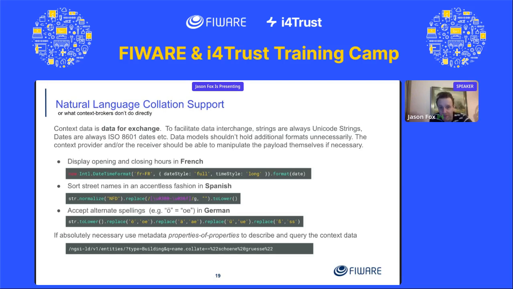Now, this means that it's a lot more difficult to actually get hold of certain bits of information if you are not a computer. It's designed for data exchange. It's designed for computers. So if you want to get hold of additional information, and let's say you want to sort your streets in Spanish, which doesn't care about accents, the best way to do that would be to add in additional properties